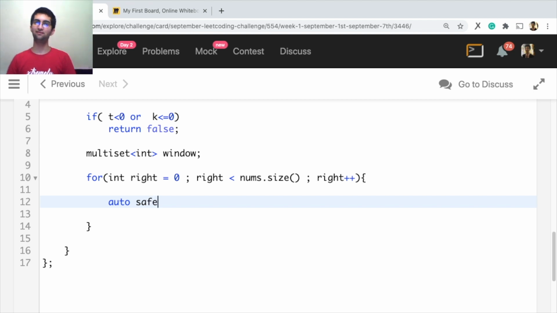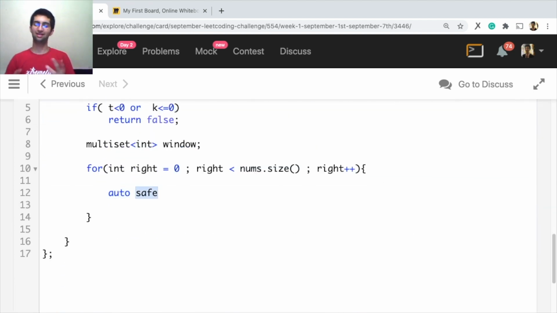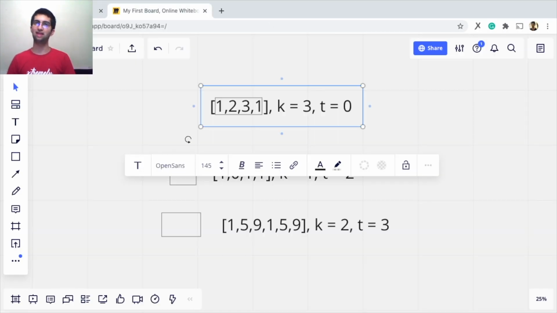So now the thing that we need to do is check if, so auto safe, I'll call him safe, or partner, check if there's a partner. So check if basically there's anyone who will satisfy our property. How to check that? window.lower_bound(nums[right] - t). So that's the way. Lower bound will basically check is there anyone with at least that value.